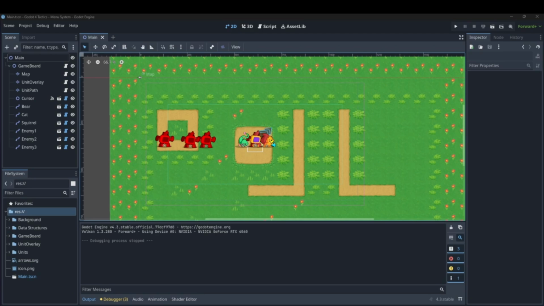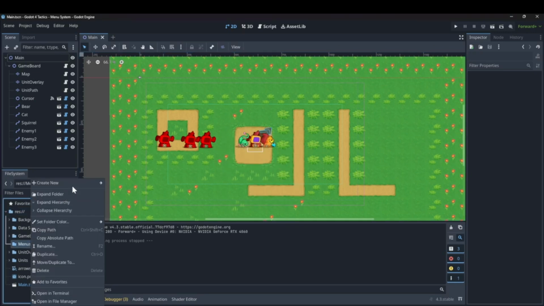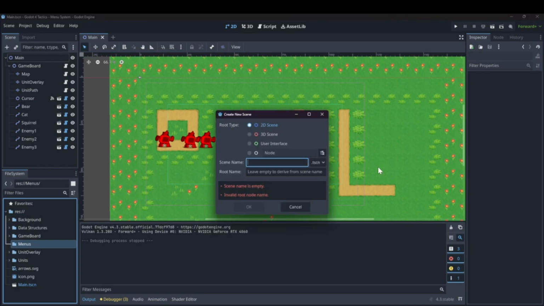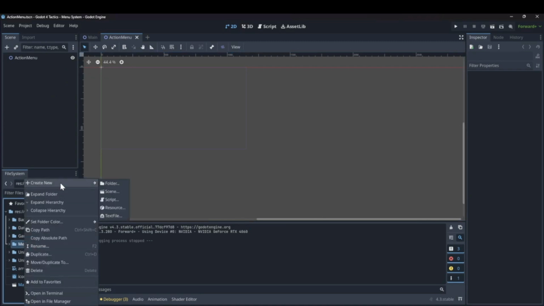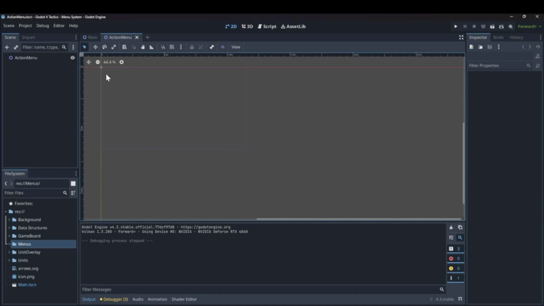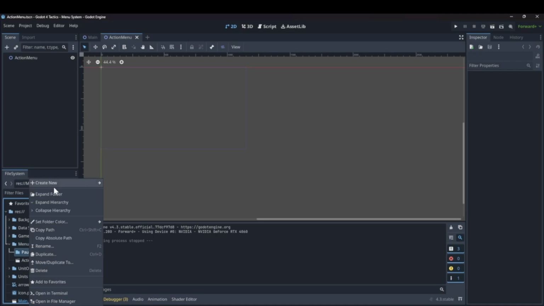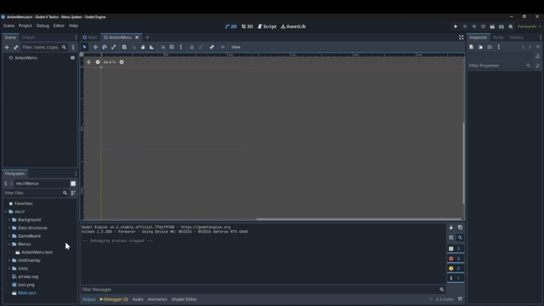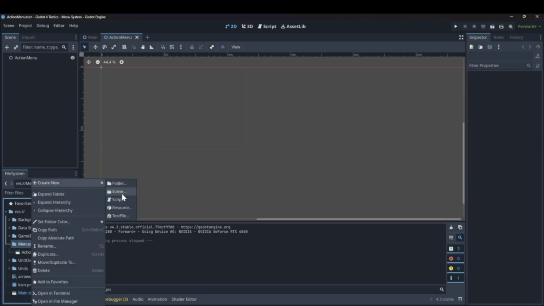Okay, so first things first, we're going to want to make our menus. So let us make a new folder and call this menus. We're going to create a new scene and name it action menu. And then we're going to create another scene and call that pause menu. Okay, let's open those up. Oops, I made a folder here, let me delete that real quick. Create new scene,